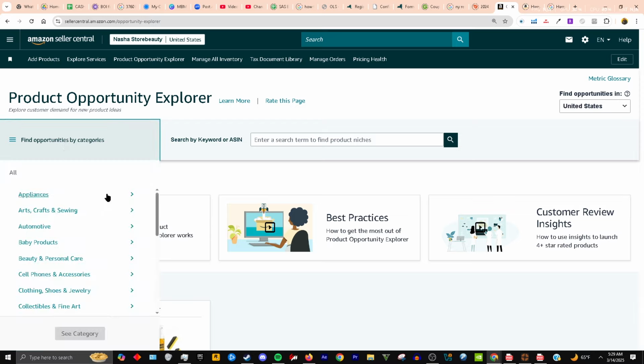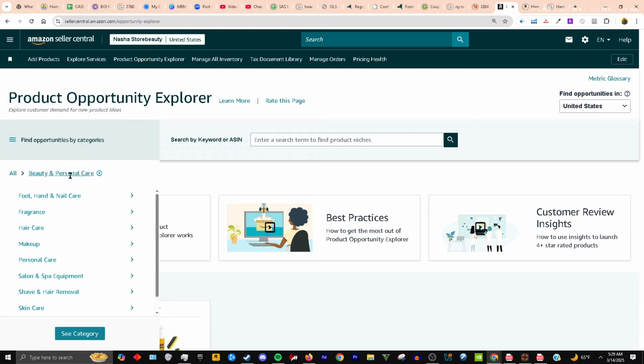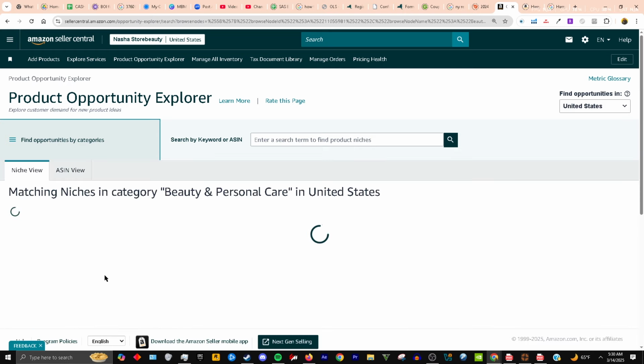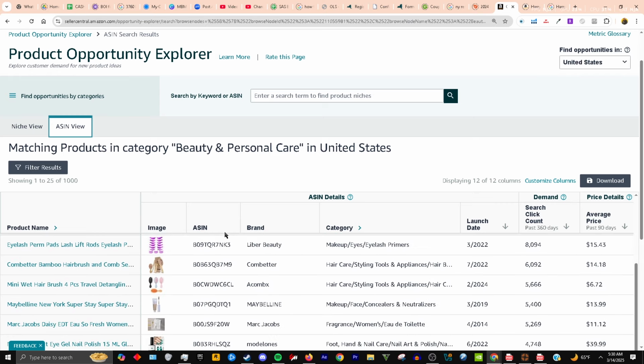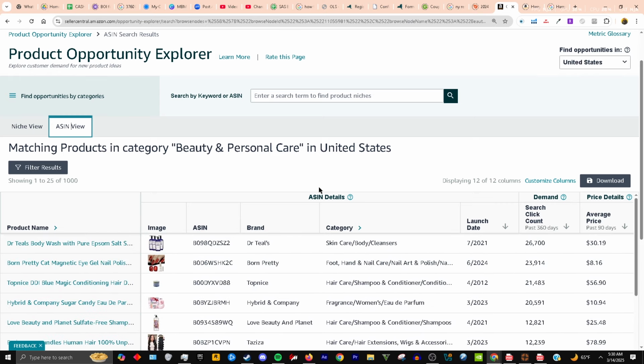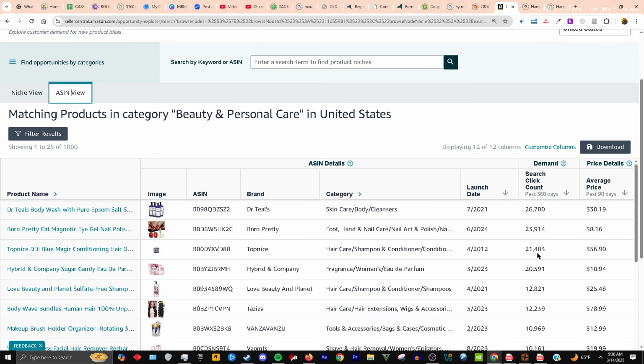So let's choose a category, for example. If I wanted to check all the products within the beauty and personal care catalog, what I could do, I could select it like this and then go into ASIN view. What this is going to show me is a list of ASINs that are separated with this relevant information right here. You can see the launch date, the search count,